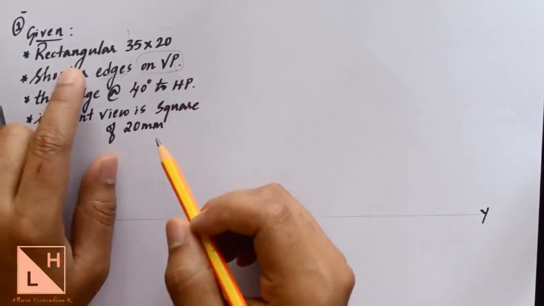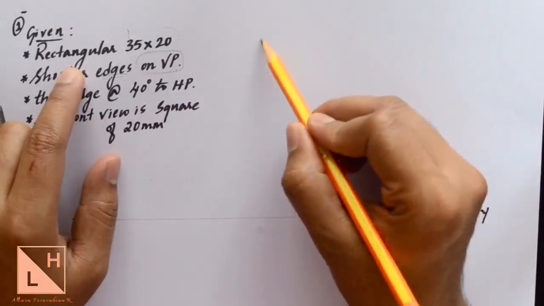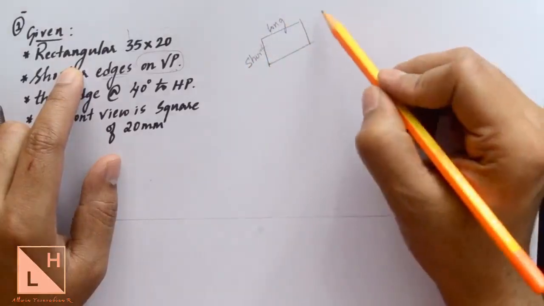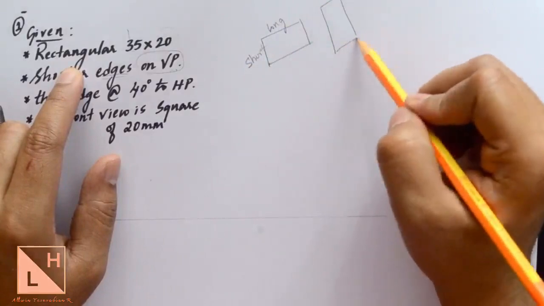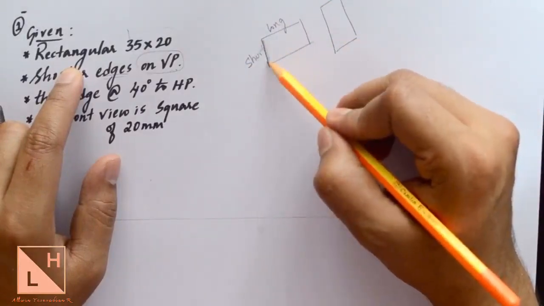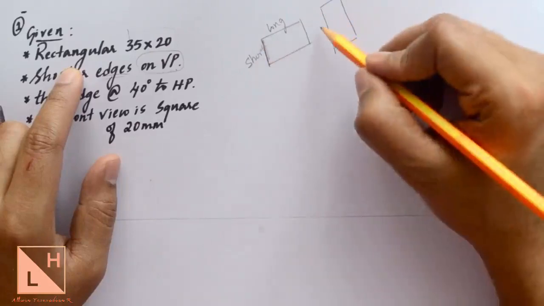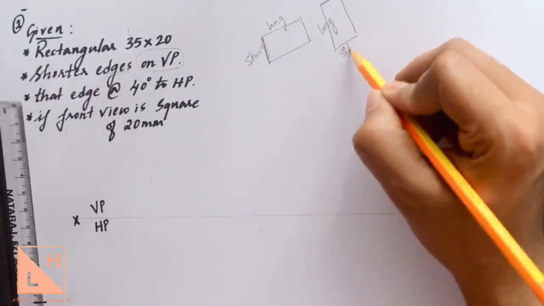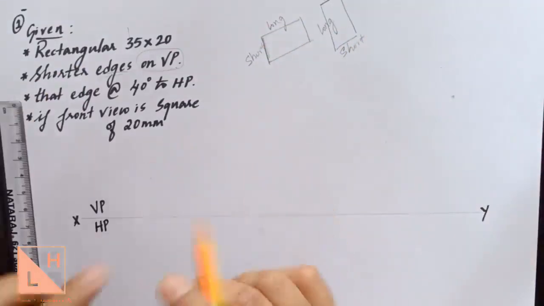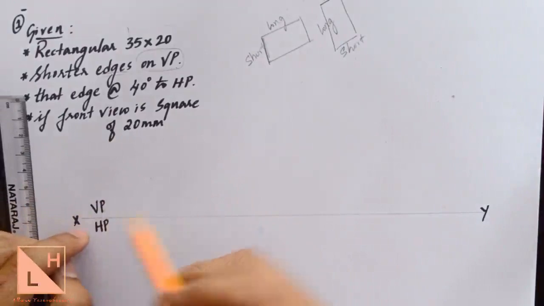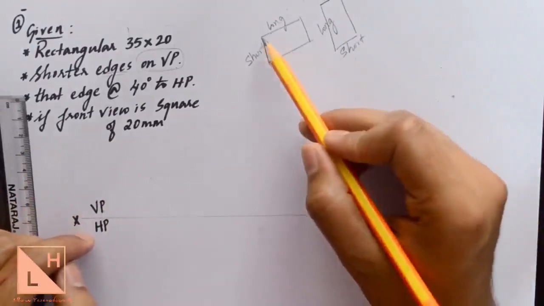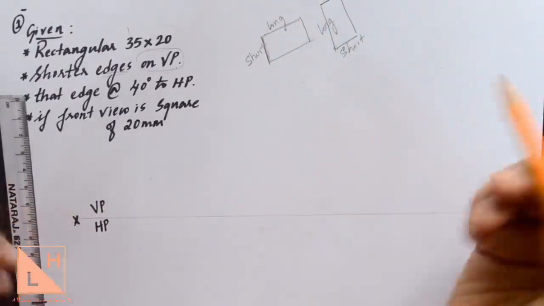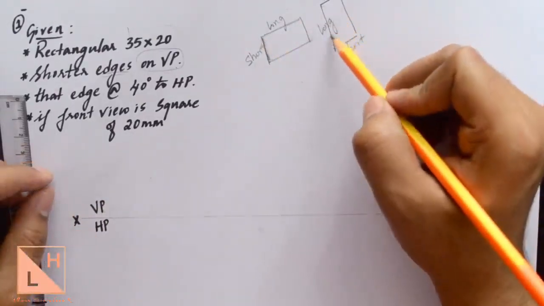Now since it is a rectangle, it will be drawn with a shorter edge and a longer edge. You can draw this rectangle in two manners. One is in this way, where the shorter edge will be on the left side and the longer edge will be horizontal, or else you can keep the longer edge vertical and the shorter edge horizontal. As we identified that the plane figure has to be drawn in VP, the next thing is you need to check whether to draw it with the longer edge horizontal or the shorter edge horizontal, or to put it the other way, shorter edge vertical or longer edge vertical.